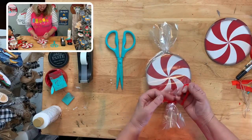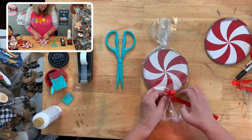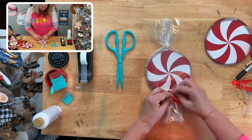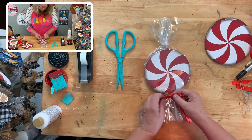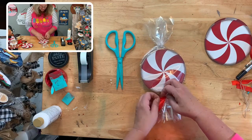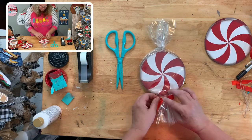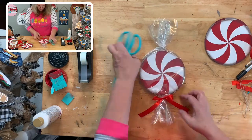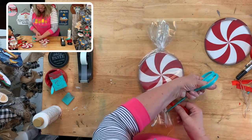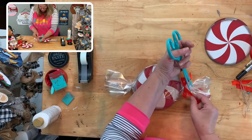This is satin. This is I think 5/8 ribbon. If you buy the kit from me with the transfer, I will be giving you the ribbon and the jute. I have enough for probably maybe 10 kits. So if you just buy your wood pieces, which I'll get posted, from Shopify or Etsy, you're going to want to